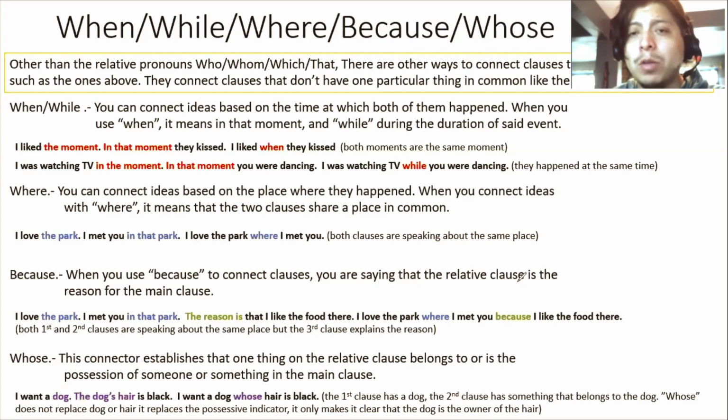Instead of that, when you are using a non-defining relative clause, when you use who, whom, or which, you are declaring that what you are saying is pretty much a comment. So if it is taken away, nothing really happens. It continues to be the same thing pretty much, but it doesn't have any effect. Now,